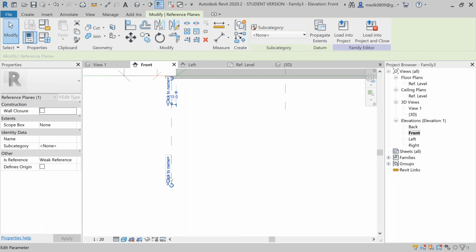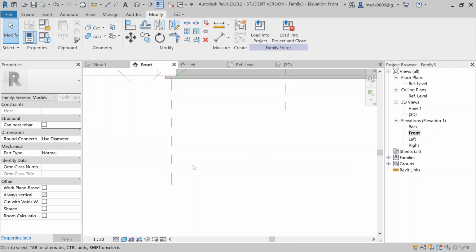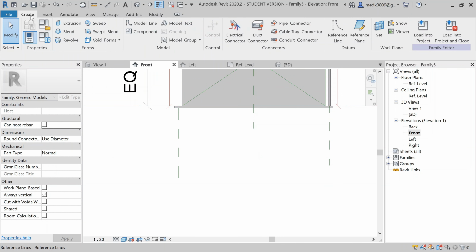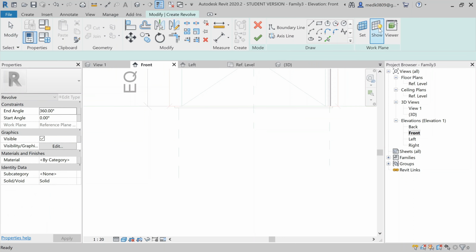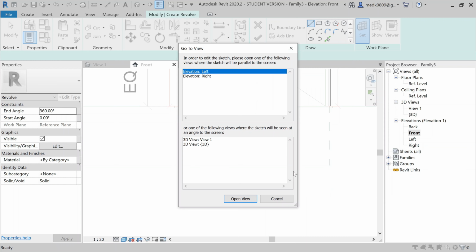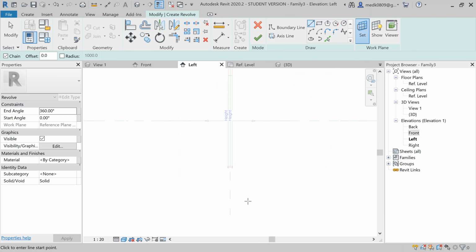Select the plane and click to name, let it be number 2. Okay, now we need to go to create, revolve, set work plane. Now this time we have to select the plane 2. Okay, open any of the view. Now let's create again the cylinder. For that I will use the boundary line, and